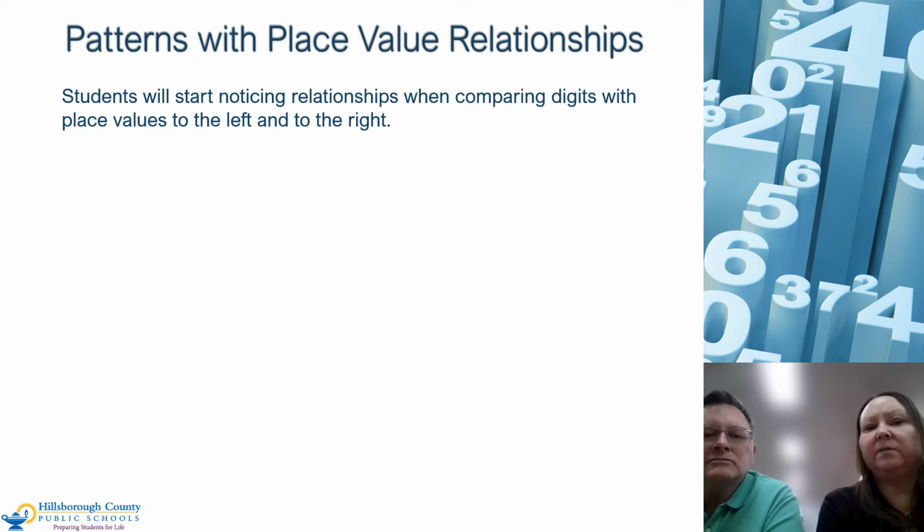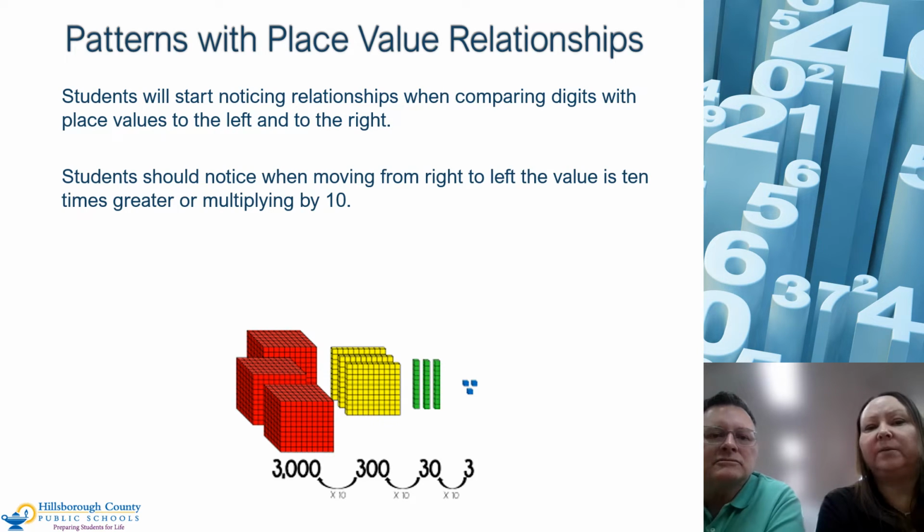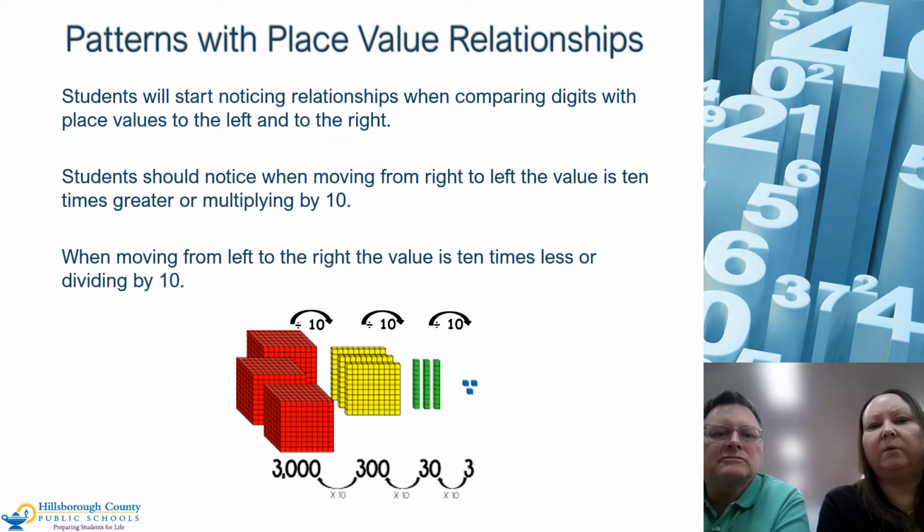Continue to use those models to start looking for those patterns with the place value relationships. In this model, you can see that students are noticing when moving from right to left, the value is increasing 10 times greater, or we're multiplying by 10. But whenever we go the opposite direction and go to the right, the value is 10 times less, or dividing by 10. So I think you hit on something very important, that even with something as abstract as developing patterns,